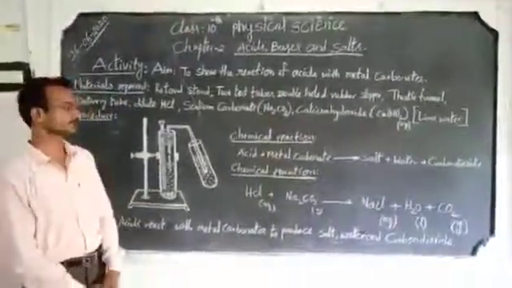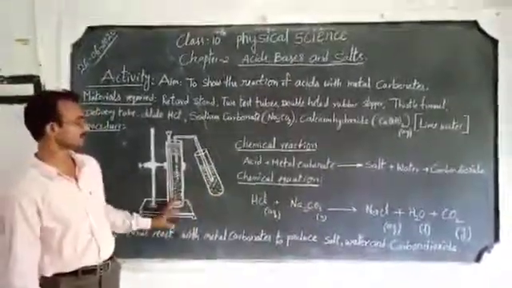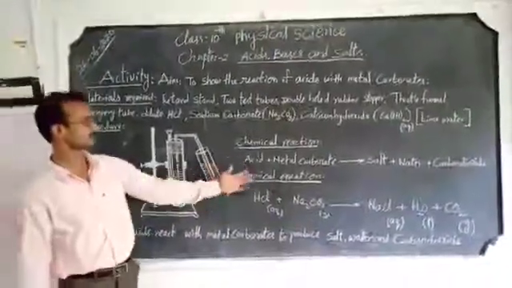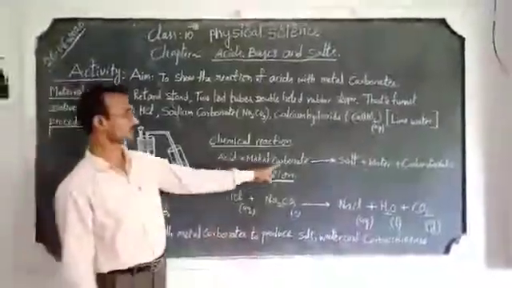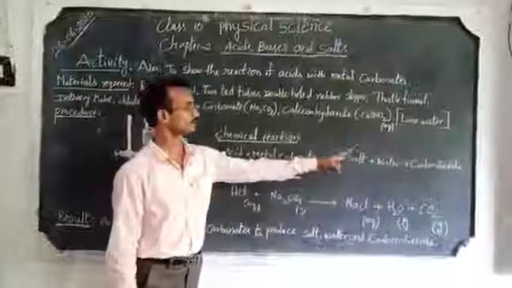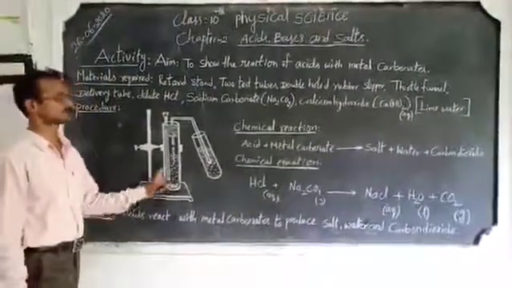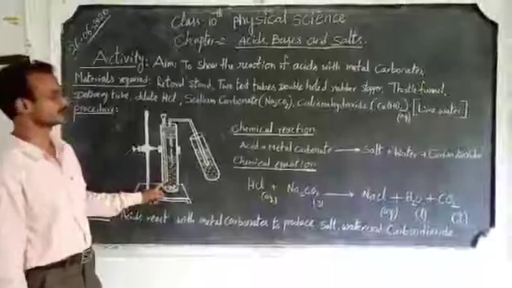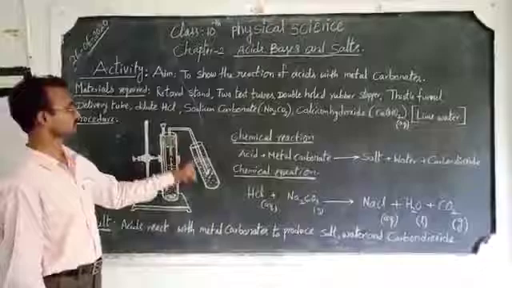At first I described the reaction between carbon dioxide gas and the lime water, but here, between the reactants and the products, let me write the chemical equation. When acid reacts with metal carbonate, salt, water and carbon dioxide are formed. The salt here, in the first test tube, will be present in aqueous state, and water also will be present here only, but the carbon dioxide evolves out.